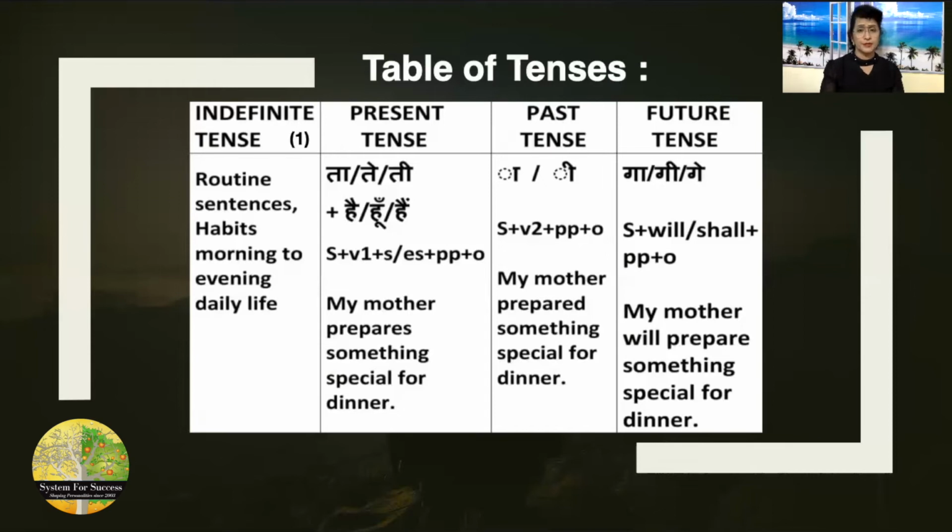You prepare. My father prepares something special, but if you say my parents, so my parents prepare, I prepare. My mother loves me, my father loves me, my parents love me, I love my parents. Clear? My mother prepared something special for dinner. मेरी मम्मी ने डिनर के लिए कुछ स्पेशल बनाया। My mother will prepare something special for dinner. मतलब मेरी मम्मी डिनर के लिए कुछ स्पेशल बनाएगी।